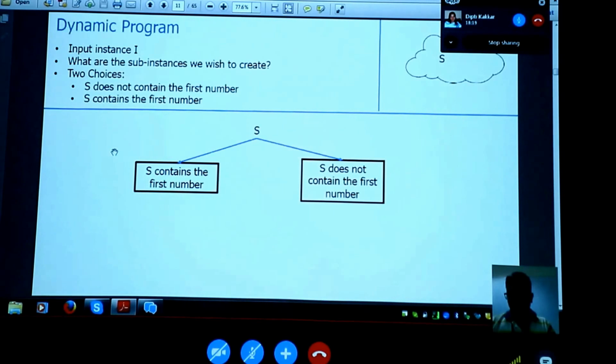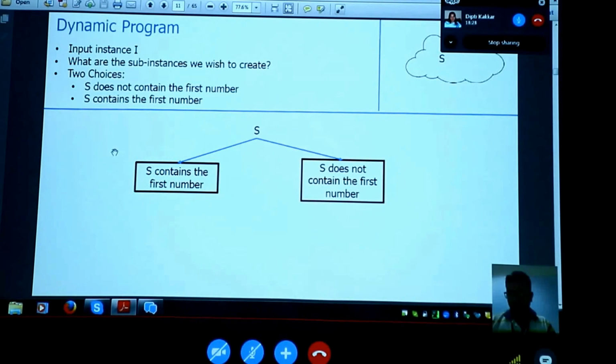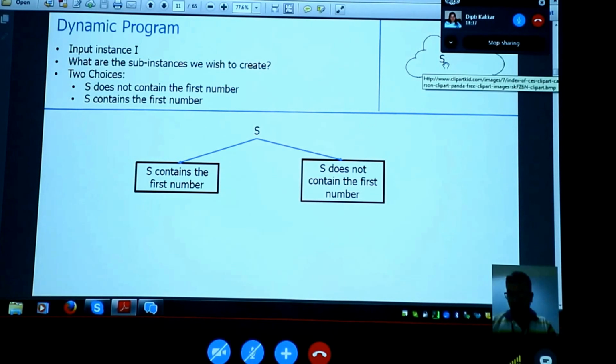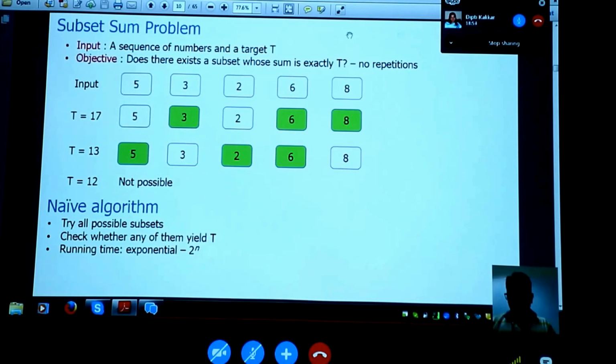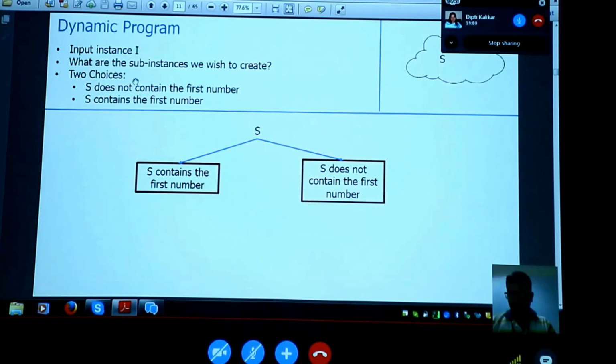Okay. So this is how my dynamic programming is going to look. I am given the input instance I. Suppose let's say that there is a solution. If it doesn't exist, okay, but maybe it exists. So I'm going to see how it looks. Say this solution S is sitting up there in the clouds. I can't see it closely, but it is sitting there. Now what we are going to do is make guesses on how it looks. We'll first make a guess on the first number in the input sequence, for example, this number 5. Does it have 5 or not? That's what we are going to guess.